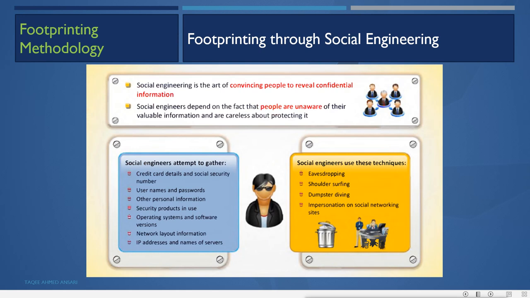So no matter how secure our network is, no matter what firewall and security measures we take, the human is the most vulnerable thing in the network. Humans are careless, and if they reveal their information carelessly, it will harm your network and your security. So a social engineering attack basically attacks the human, those who don't know about the importance of the information they have. They are not interested, they don't care about it.